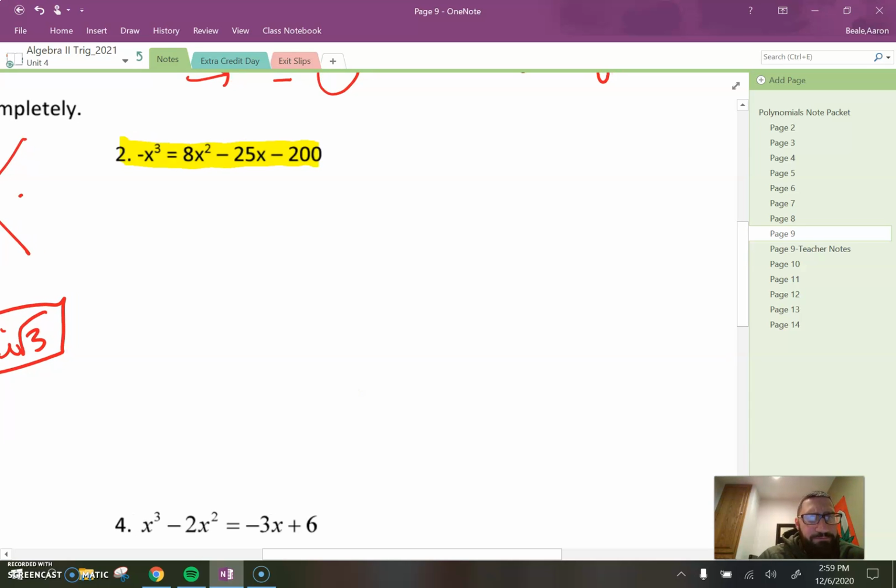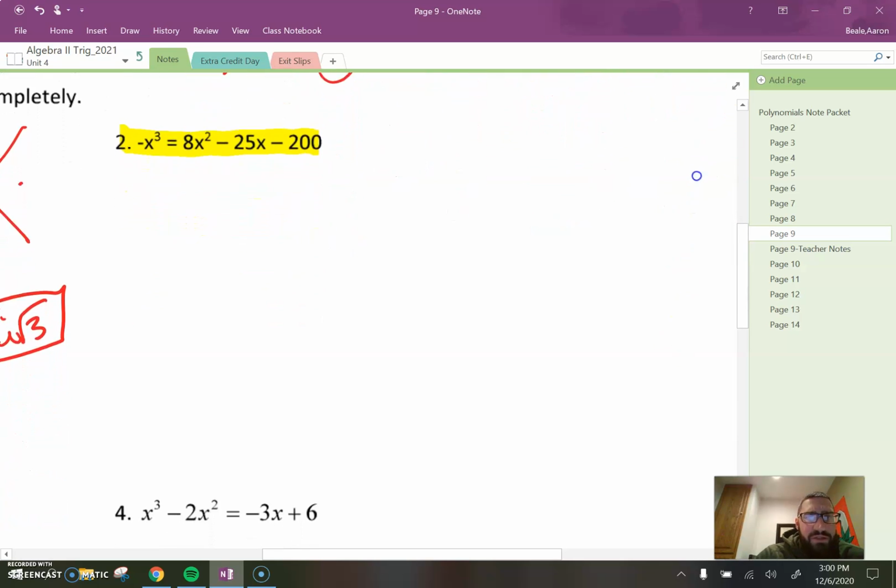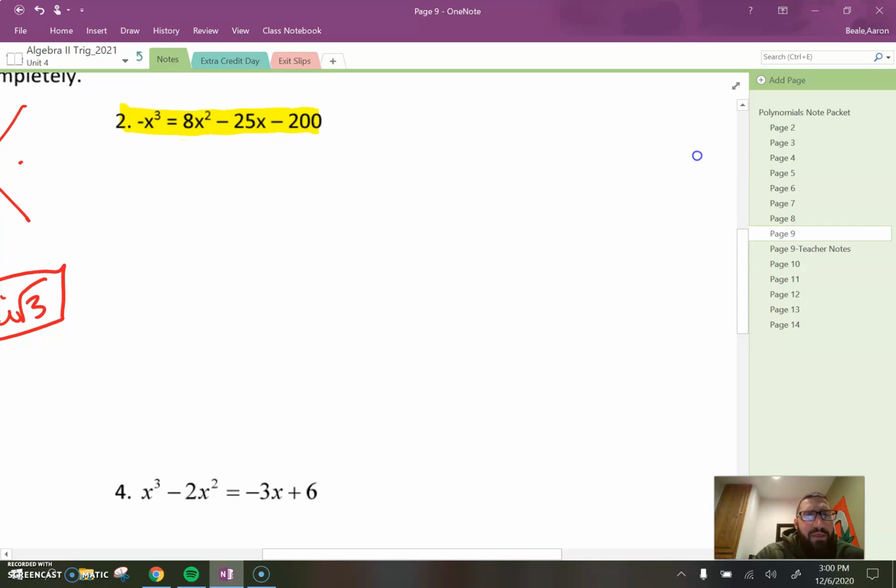That's why I wanted to show you this one. Remember up here in my notes I said we want it equal to 0, we want it in standard form, and we want that leading term in standard form to be positive. Well, in this one, if you can take a look and try to think ahead, the highest degree is x to the third, which highest degree is 3, excuse me. And that term is x to the third, but right now it's negative. So if I would bring it over to the right, I would accomplish two things. One, I would set this thing equal to 0, and two, I would now have it in standard form with